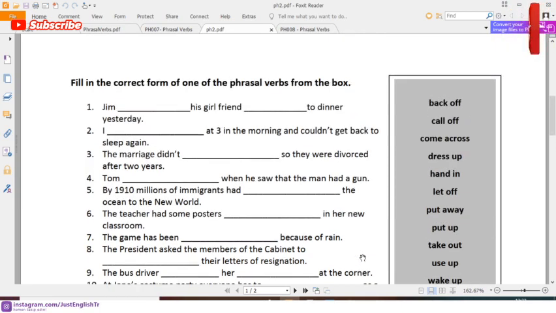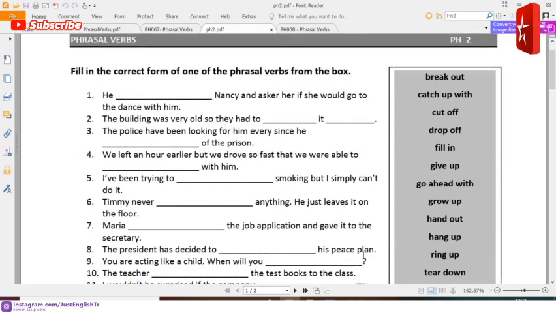Like here you can see, we have ring up. In the past tense we will use rang up, okay, not go ahead, like ring up we will use. He rang up Nancy, it means he called Nancy and asked her if she would go to dance with him. Number 2, the building was very old, so they had to